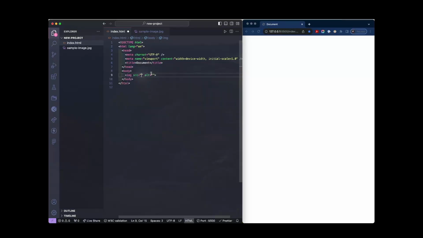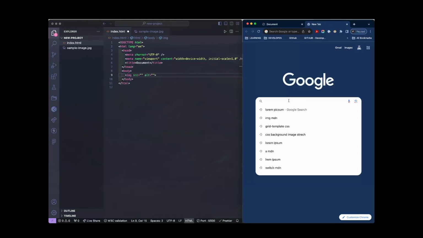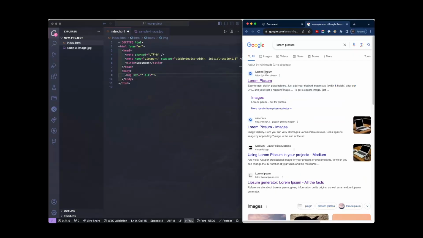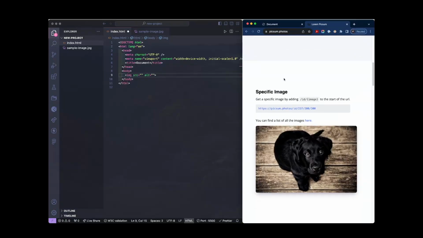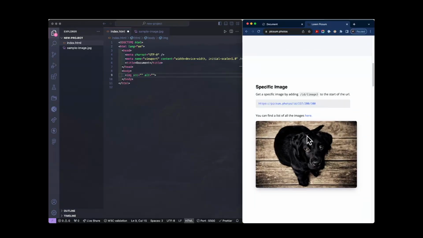For the image source, I'm going to use the Lorem Picsum project, and to find it, I will open the Google search page and type Lorem Picsum and hit enter. The first link here leads to the project we were seeking for, so let's click this link and let's find the image path for this beautiful puppy image, copy it and paste into the src attribute in our document. For the alternative text, I will use the message of beautiful puppy